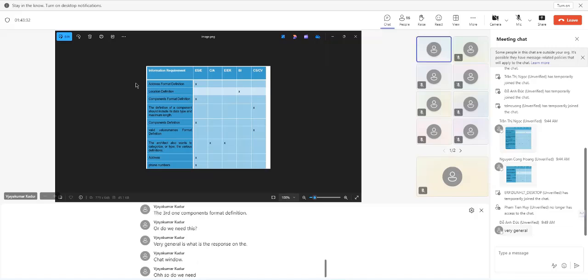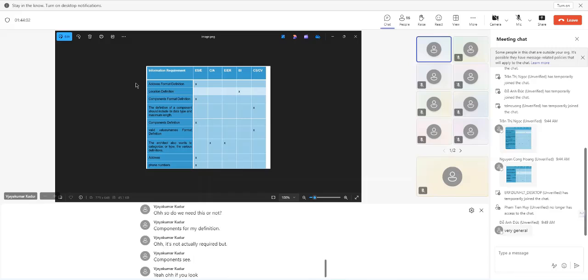So do we need this or not? Components format definition is not actually required, but components,